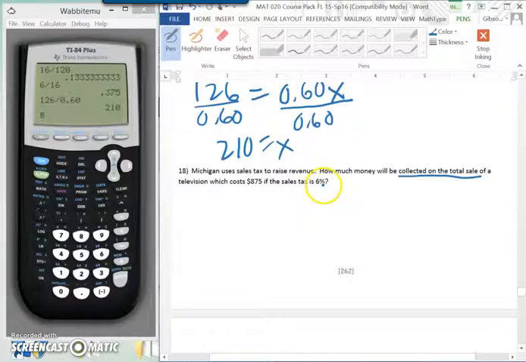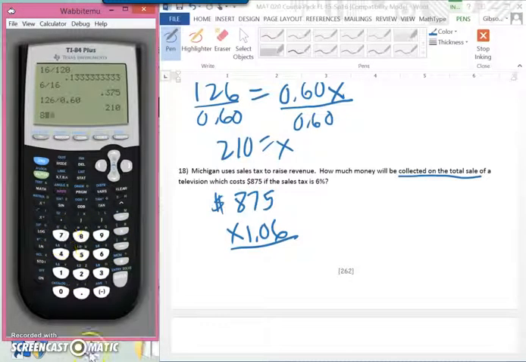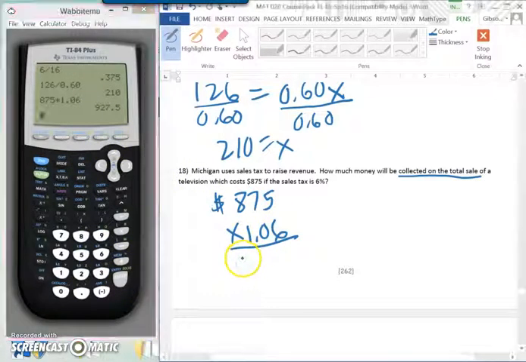But if you pay an additional 6%, you're taking $875 and multiplying it by 106%, which would be 1.06. So we'll take 875 times 1.06, and that would give us a final answer of